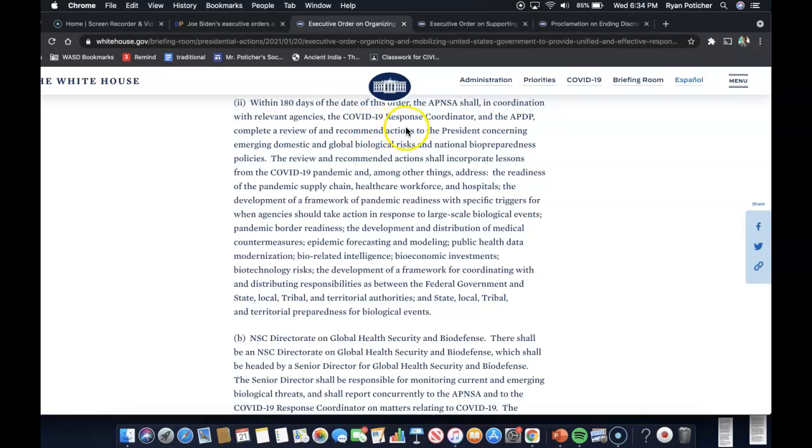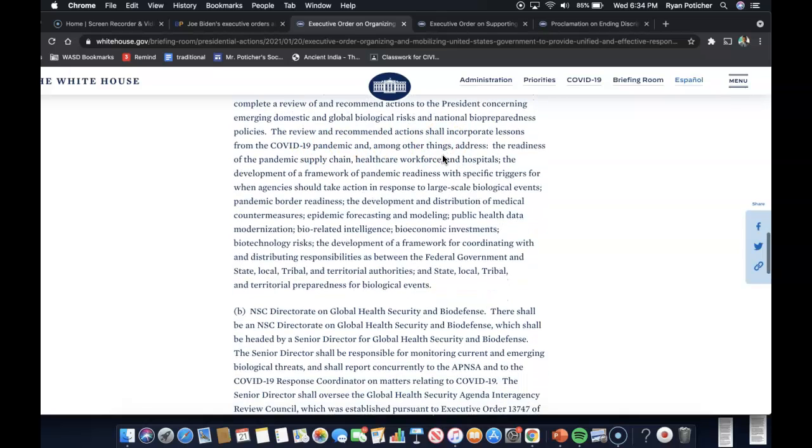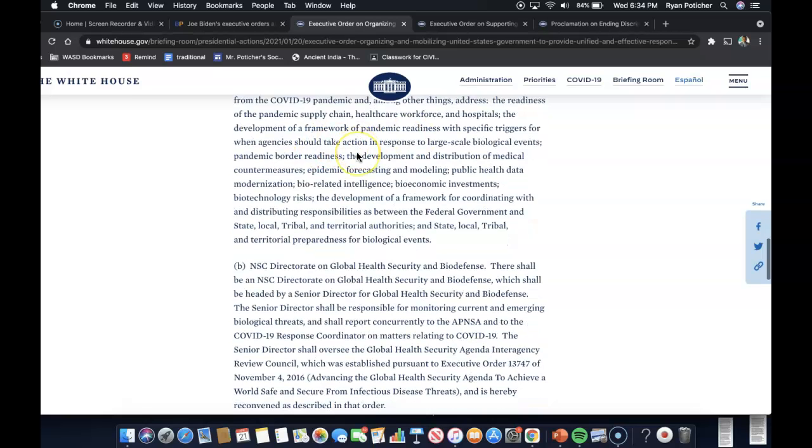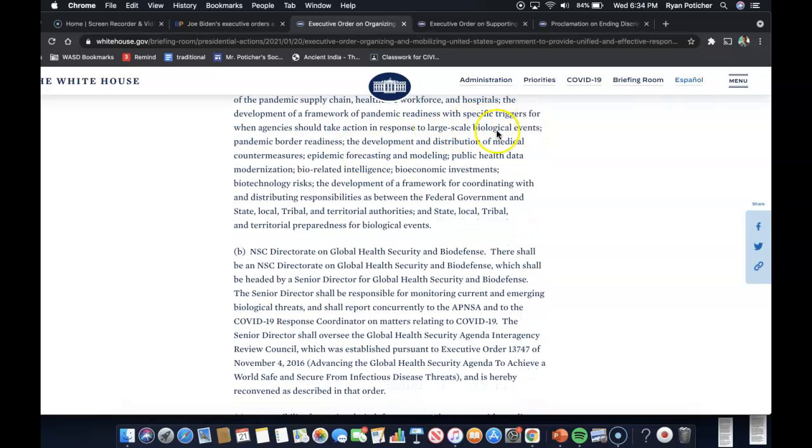Within 180 days of the date of this order, the APNSA shall, in coordination with relevant agencies, the COVID-19 Response Coordinator, and the APDP, complete a review of and recommend actions to the President concerning emerging domestic and global biological risks and national biopreparedness policies. The review and recommended actions shall incorporate lessons from the COVID-19 pandemic and, among other things, address the readiness of the pandemic supply chain, healthcare workers, hospitals, the development of a framework for pandemic readiness with specific triggers for when